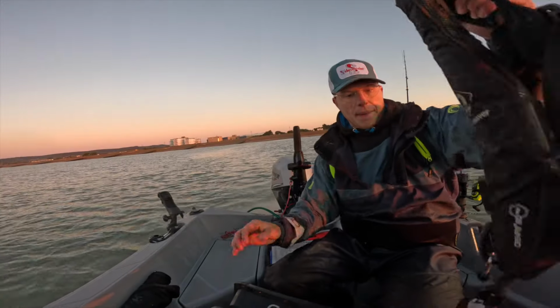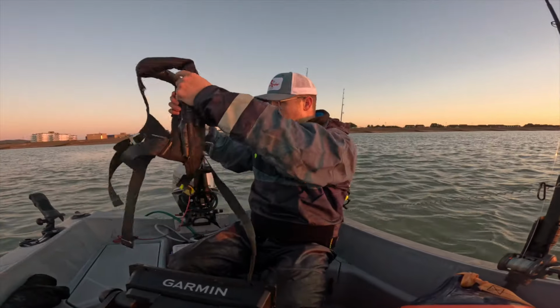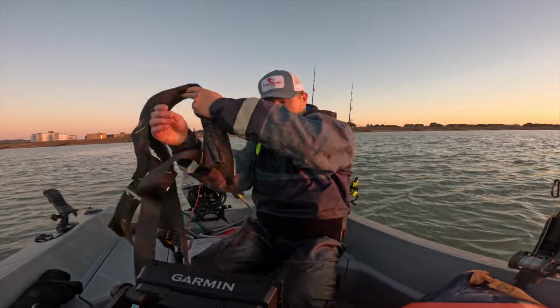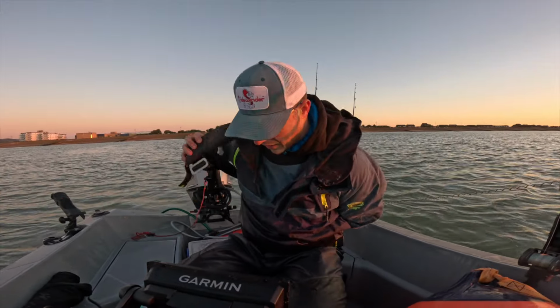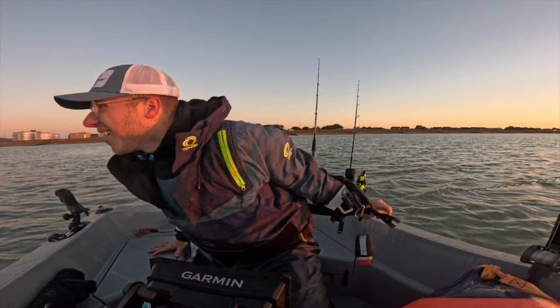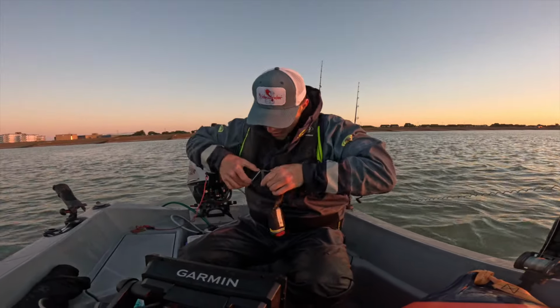So once we've taken the boat a few hundred yards, I'm then going to put on my life jacket. This is an auto-inflation life jacket, so I don't want it to be anywhere near the water when I'm launching. So once the launching procedure is done, the engine's warm and we've got out a little bit, it's time to put it on. So I'm just going to pop it round me, we're going to clip it up,